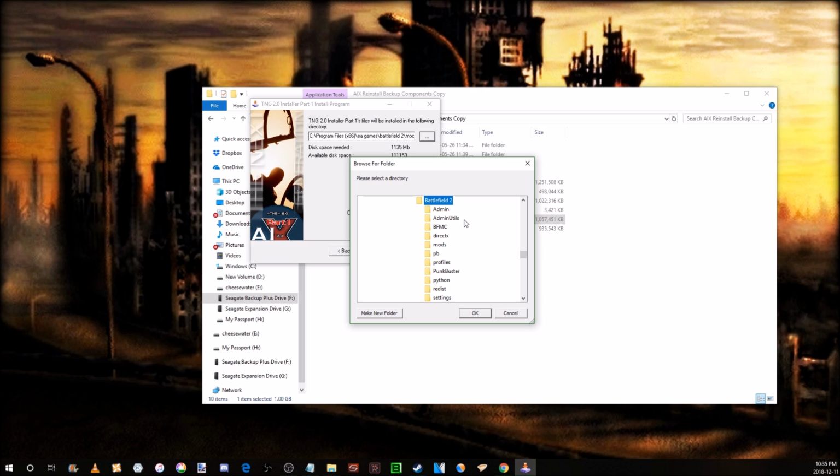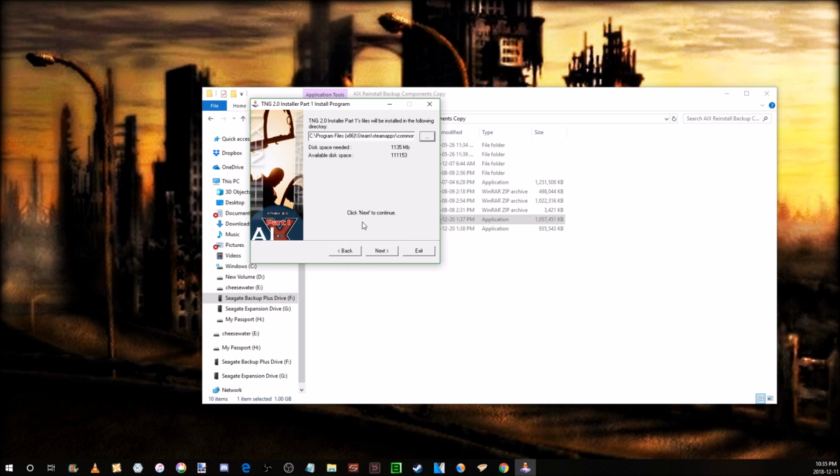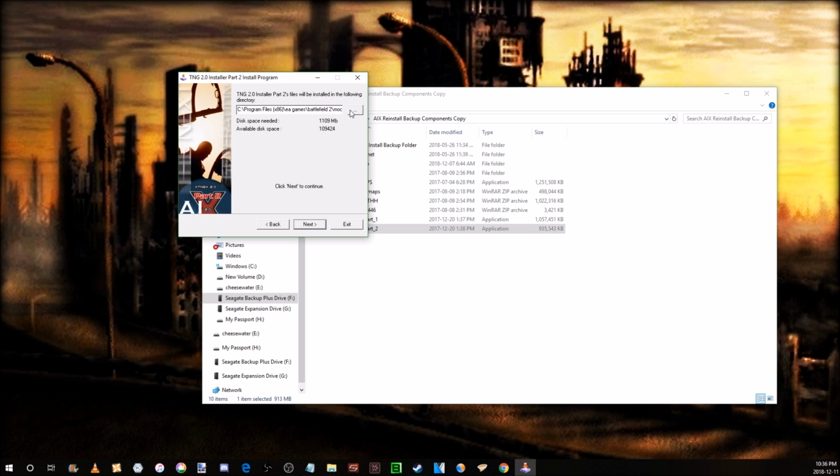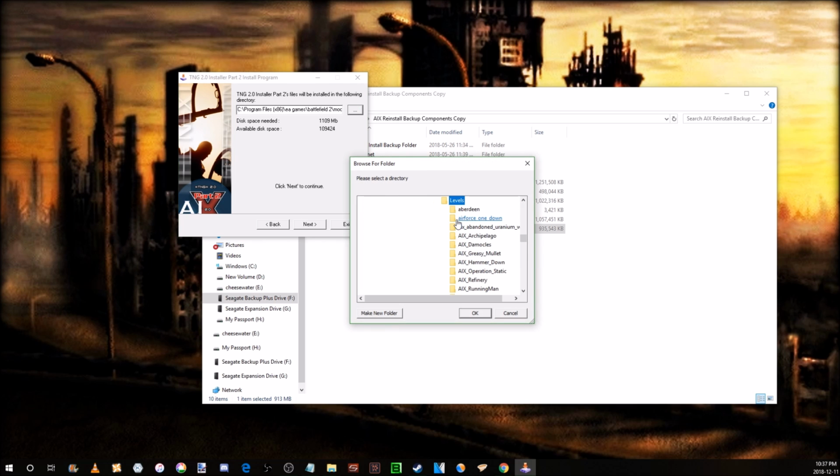For you, it might be somewhere else, but since you have AIX installed in your Battlefield 2 folder, when you're choosing where to install this TNG map pack, go to Mods, then AIX2, then Levels. So make sure that the map folders go where they're supposed to. And let it go. Okay, so that's part 1. Now part 2 will probably default to the wrong place again, so make sure you put it where it needs to go. Yep, and indeed it wants to go to the wrong place again. Okay, once again, into your Levels folder,